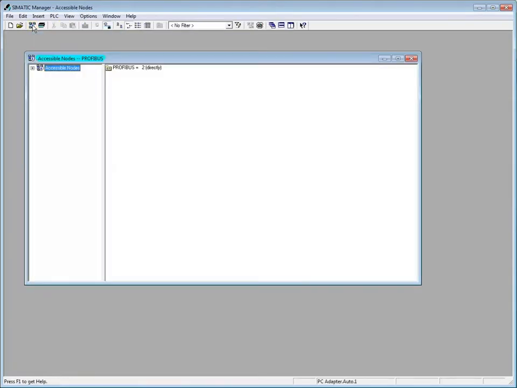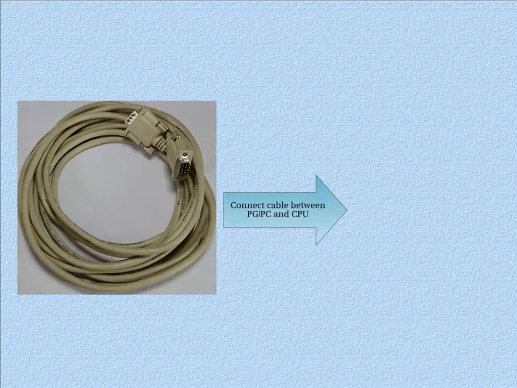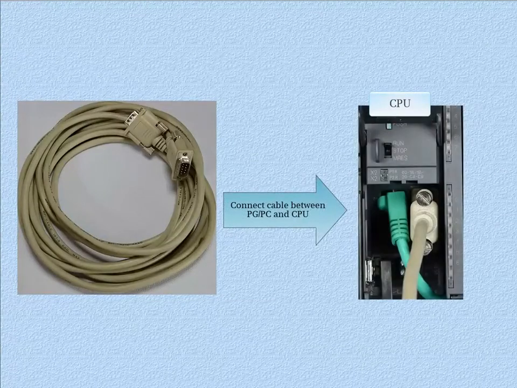Simatic Manager will open a window and display whether or not you're communicating with the CPU, what the CPU's protocol is, and what the address is. You can see that this port is set up as Profibus, its address is 2, and I'm directly connected to the CPU. Let's repeat this procedure with an RS-485 cable using the MPI Profibus port on the back of the